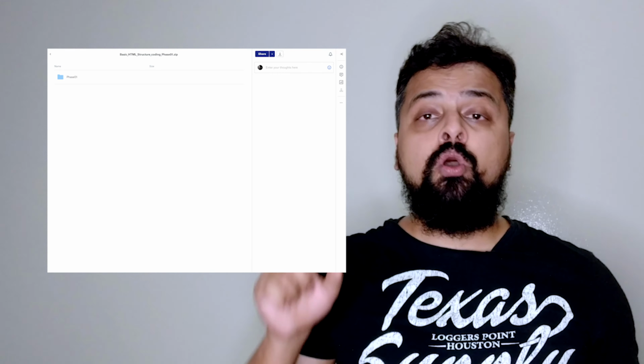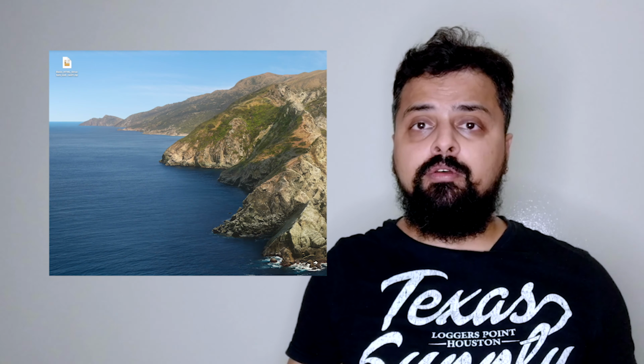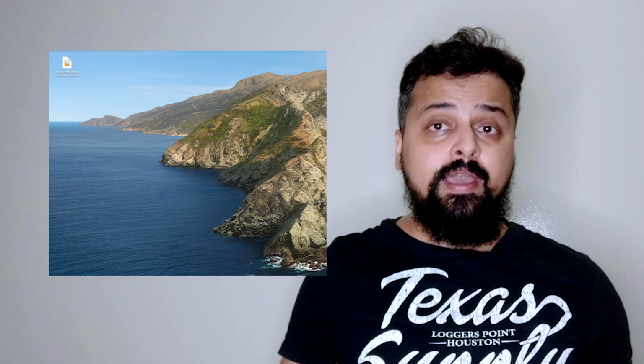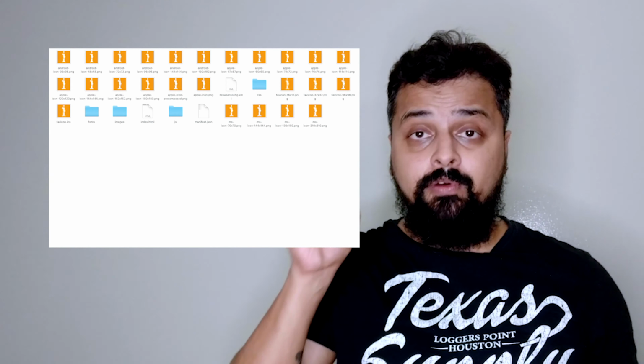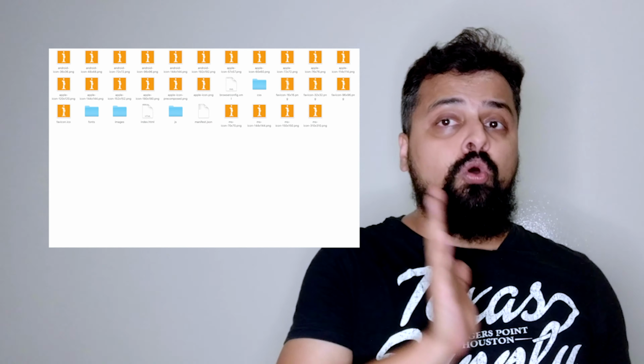When you click it, it will redirect you to Dropbox. When you go to Dropbox, you have to download the files. When you download them, you will see a RAR file in your system. When you extract the files, you will see everything I have provided for that specific code, which you can use for your own projects.